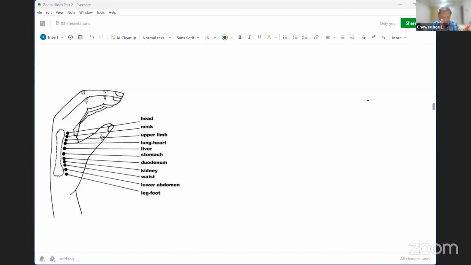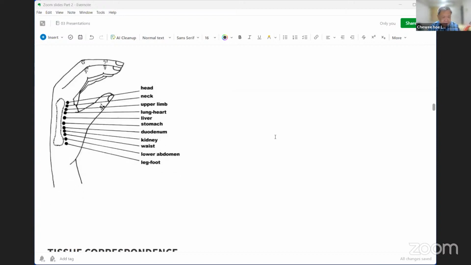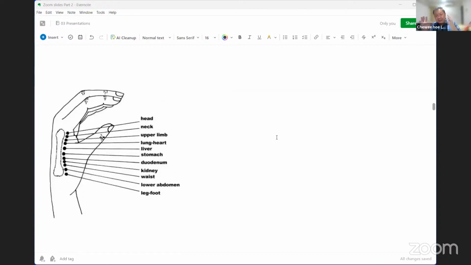Okay, now in holographic correspondence, all right, as I say, there are many images, but this image that I'm showing to you is very, very interesting. Second method couple. All right.